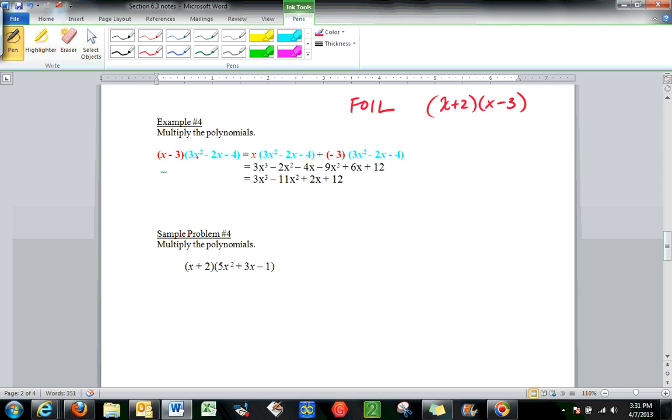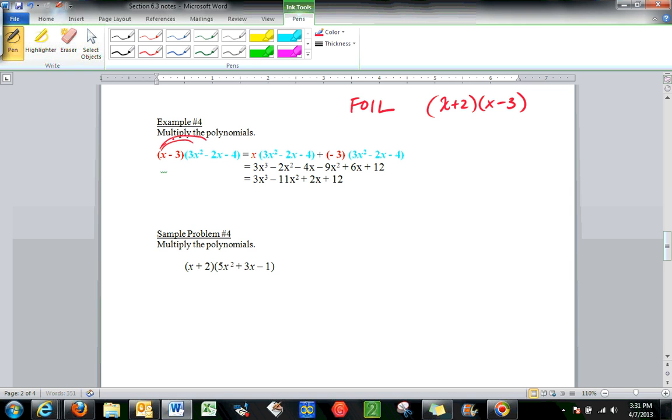But you can see in example 4, we have a binomial and a trinomial next to each other, and so this is going to require us to distribute both individual parts. The word FOIL does not really work for us, and is not appropriate for this particular type of problem. So you can see in the example I've broken it up, but in essence